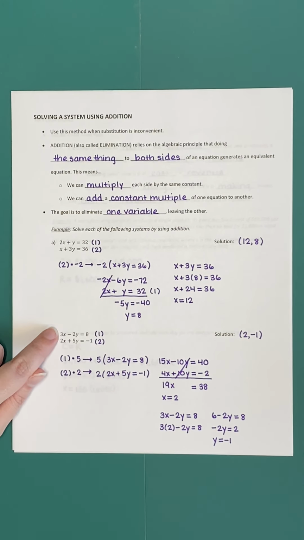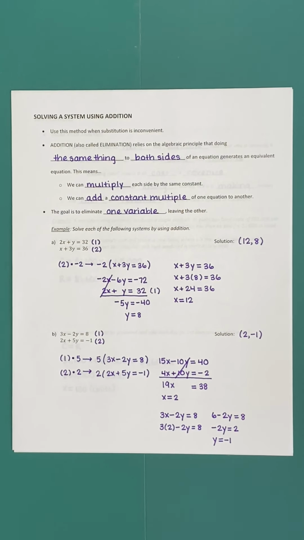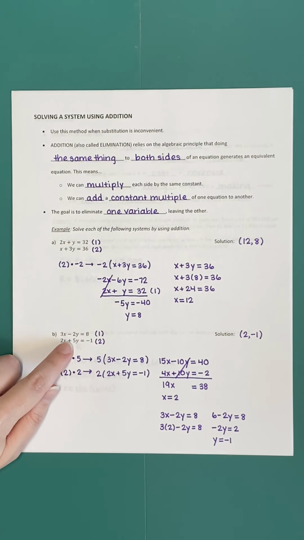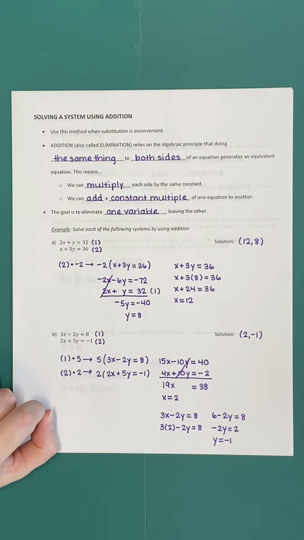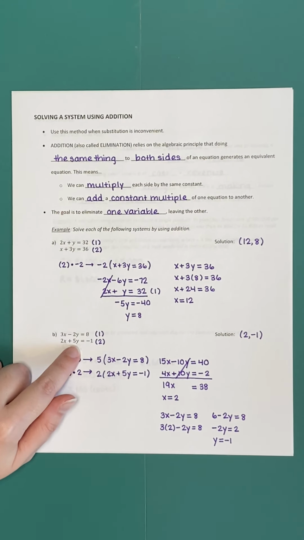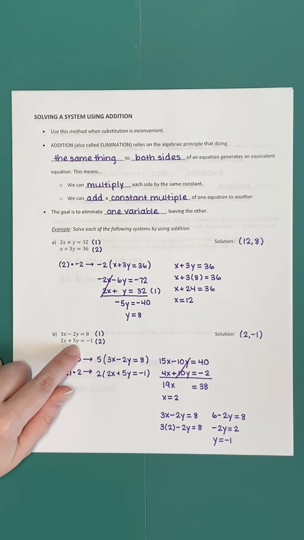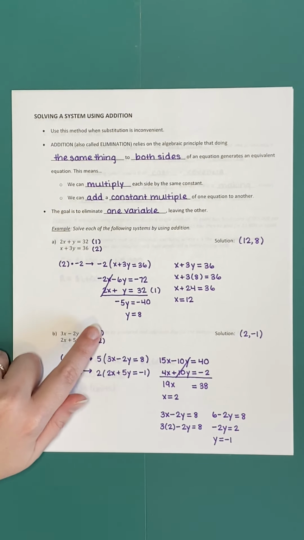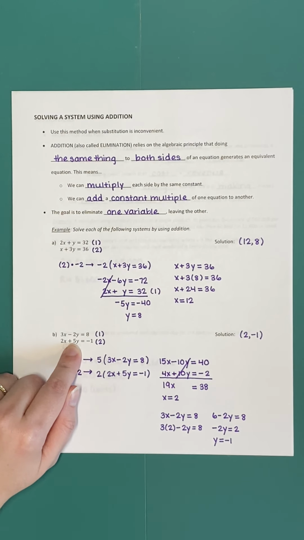So another option, rather than picking one equation and multiplying, is you can pick both equations. You can multiply each of them by something strategic, and that is also going to give you something you can use to eliminate. So you don't have to just multiply one. You can multiply both equations by something and then use the two resulting equations and eliminate with both of those. So what we're looking for is a multiple that's common to 2 and 5. The easiest way to get these to match up so that they're equal and opposite is just to multiply by the other number. So if I were to take my first equation and multiply by a 5,